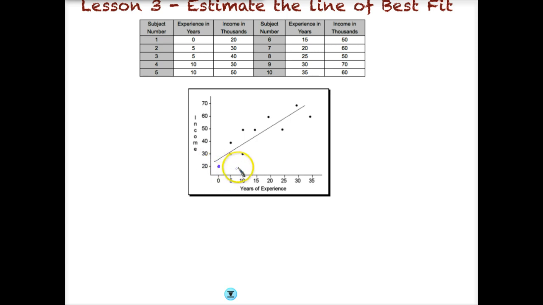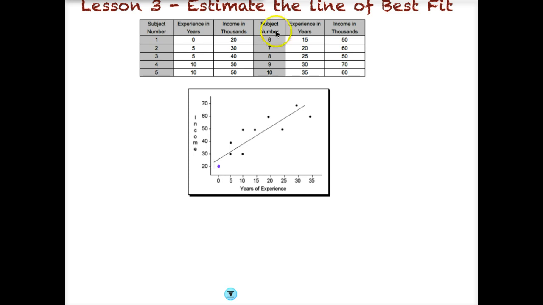Okay, and then we've gone through and we've graphed all of those points. So we've graphed years of experience related to income. And what I've also done is already drawn in a line of best fit so that we could analyze it. How do you draw a line of best fit? Well, when we draw our line of best fit, we want to draw a line that takes into account an